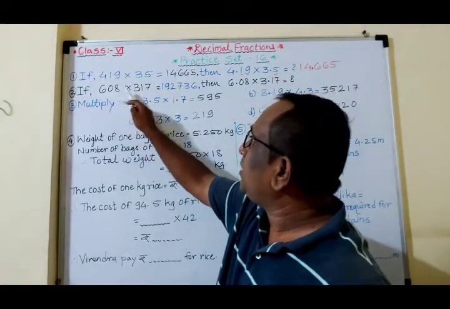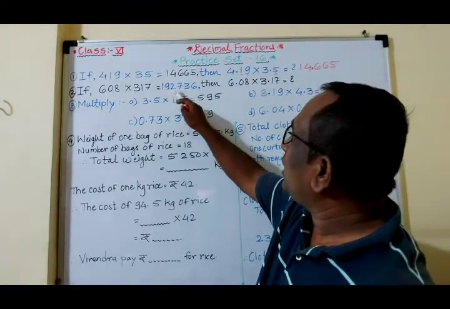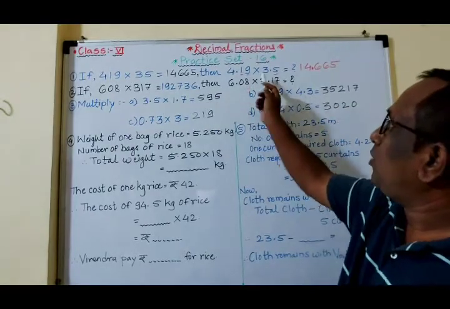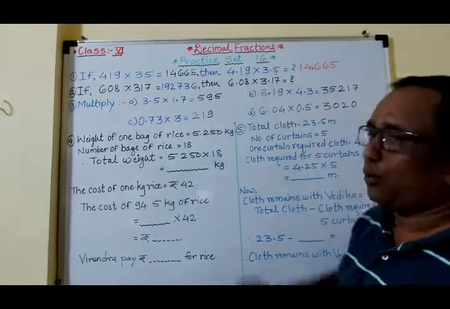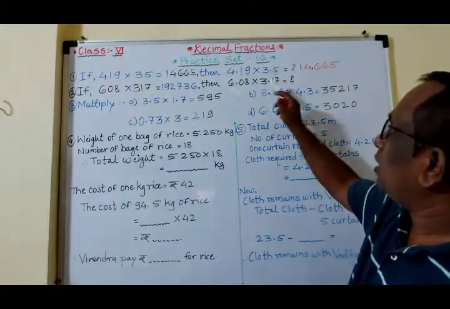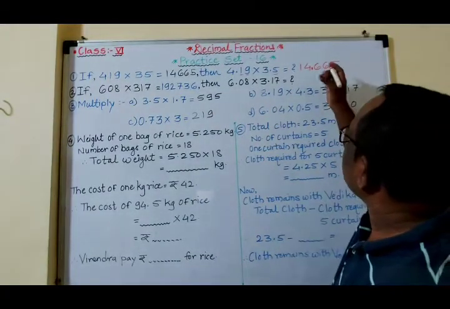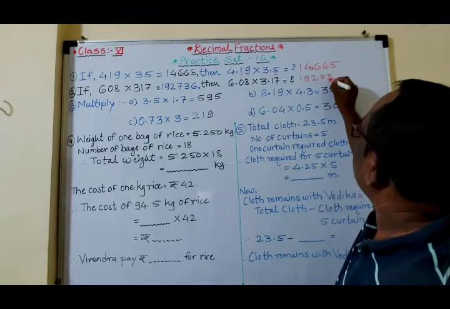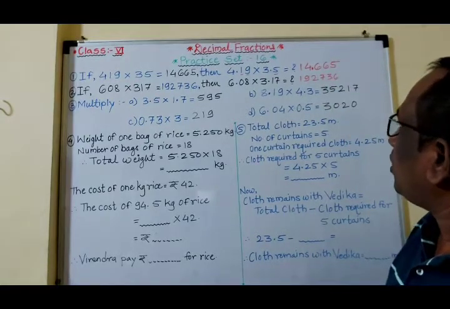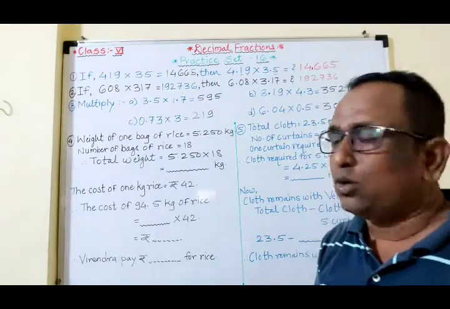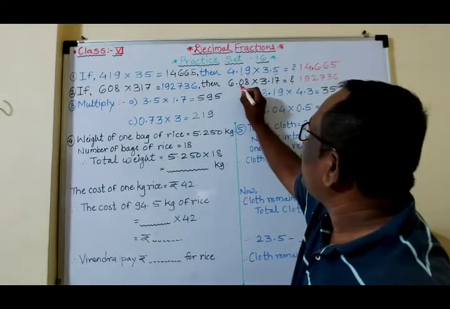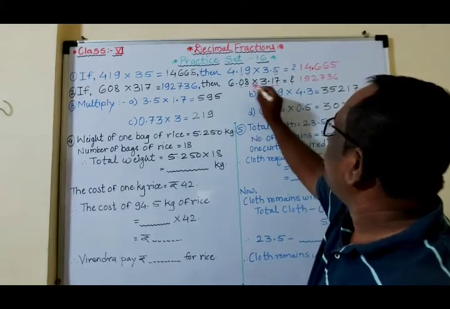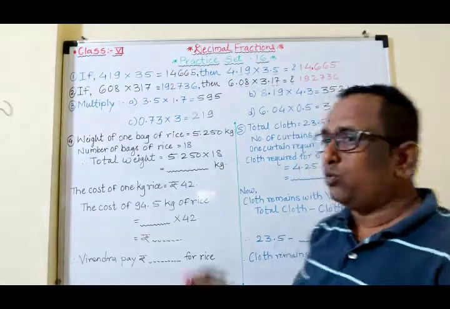Here again, 608 multiplied by 317. We got the answer 1,92,736. Same here. Now in the form of fractions, 6.08 multiplied by 3.17. So the answer as it is we have to write, that is 192,736. Now the problem is we have to give the decimal point. As I told you, see, after the decimal point here 1, 2 digits, and here 1, 2 after the decimal point. So 2 plus 2, 4 digits. So we know the answer.